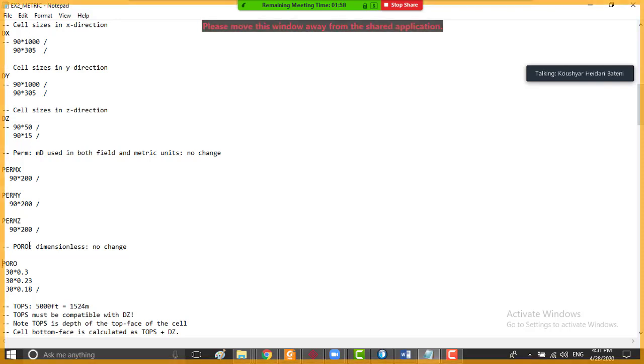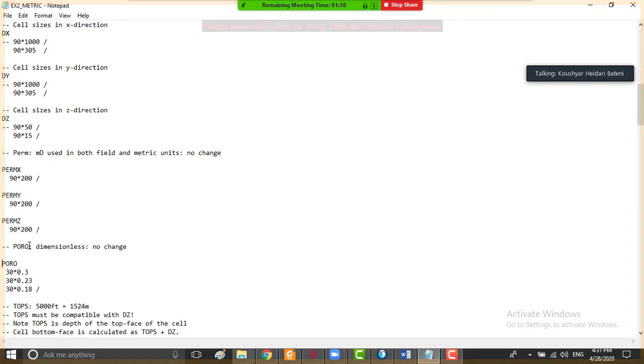Okay, so we have 30 blocks with porosity equal to 30%. Then we have 30 blocks with porosity equal to 23% in the second layer. And in the third layer, we have 30 blocks with porosity equal to 18%. Right? So, after the keyword porosity,